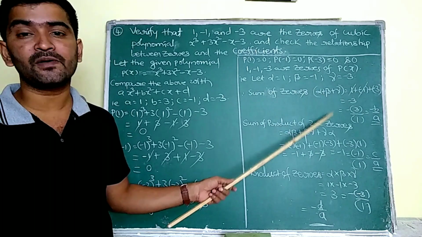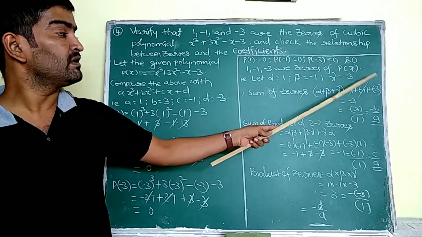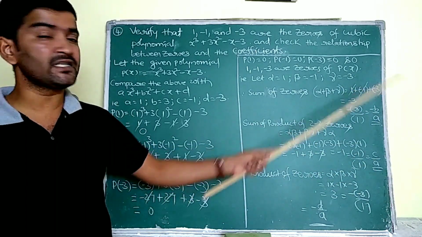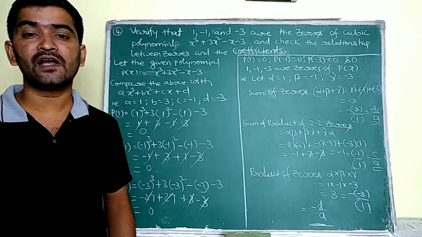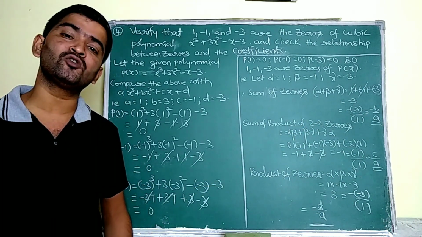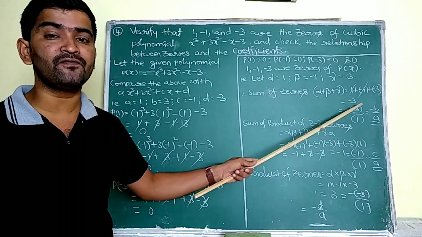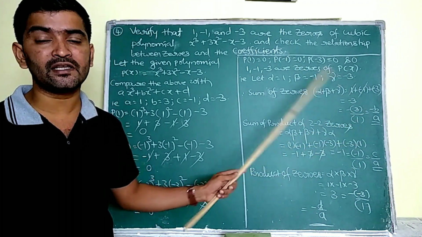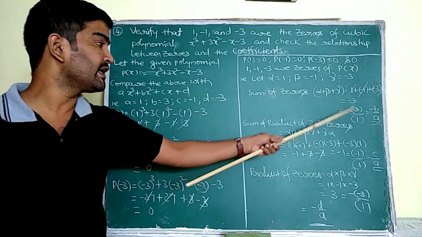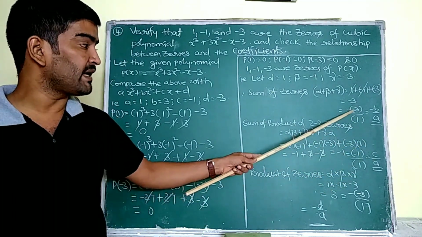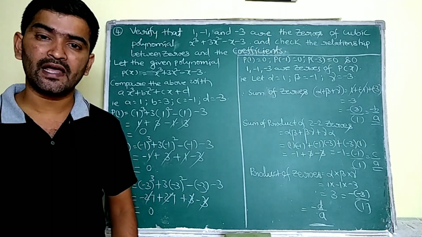Now you have to write the sum of zeros. Sum of zeros means alpha plus beta plus gamma. So 1 plus minus 1 plus minus 3. Here plus 1 and minus 1 are going to be cancelled and the remaining value is minus 3. Now we have to check whether this minus 3 is equivalent to minus b by a or not. For that write empty brackets, minus of empty bracket by empty bracket. In the place of this write b. What is b here? 3. a means 1. So 3 by 1 I have to write. Now check this, minus 3 by 1 means minus 3 only. Yes, it is verified, that is minus b by a.